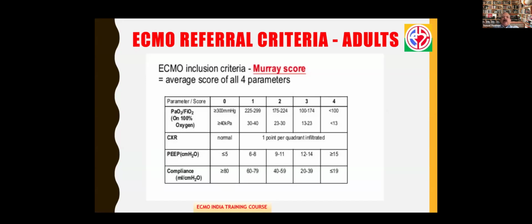They are scored on a scale of 0 to 4, like PaO2 by FiO2, chest X-ray infiltration, how many quadrants are infiltrated on the chest X-ray, PEEP less than 5 up to more than 15, and the compliance. So once you give a score in 4 different arenas, you take a total of that score and divide it by 4, and if it is more than 3, it becomes an indication for going on